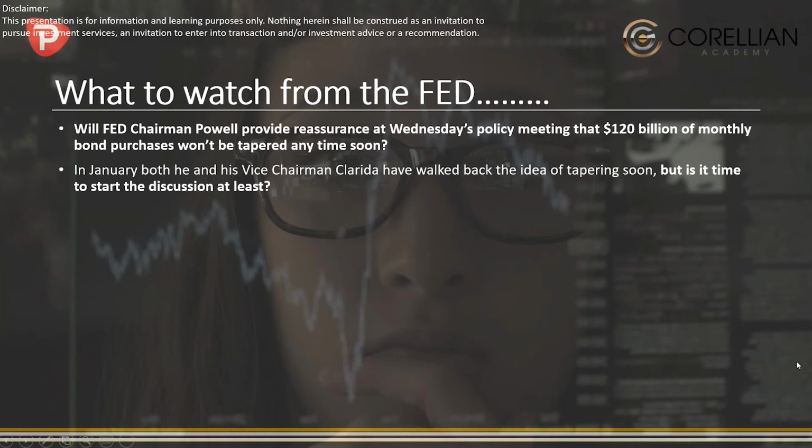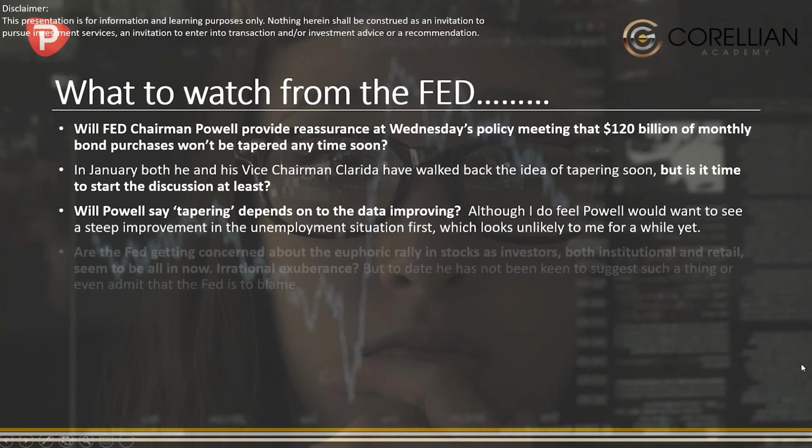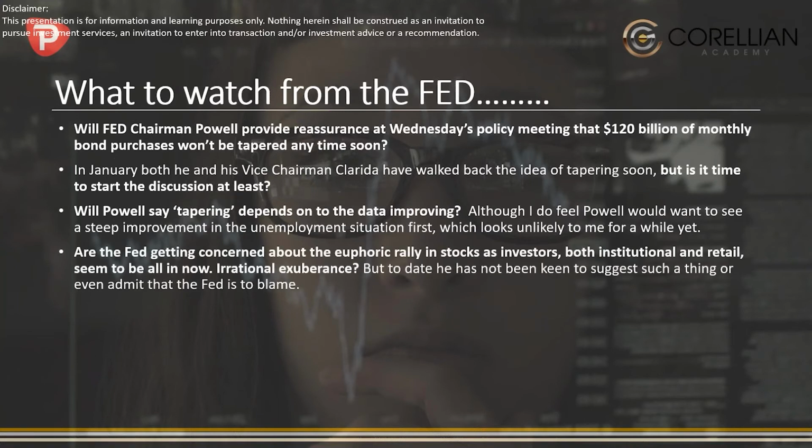But I'm just wondering if they might be suggesting that the discussion is taking place out there at the Fed on the committee. So I do think it depends on data improving, but I think you'll see him try and hold things stable or steady at this meeting. I don't think he wants to make any changes to this, but he's also going to be asked questions about